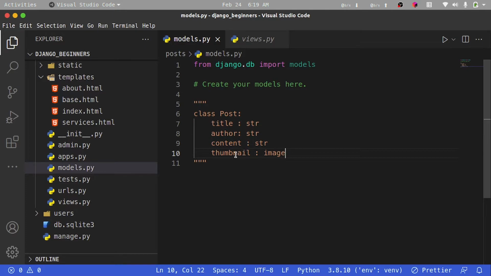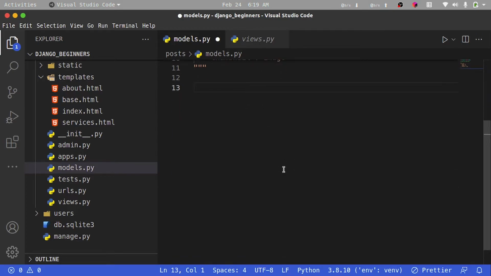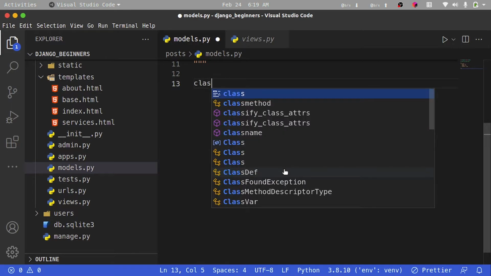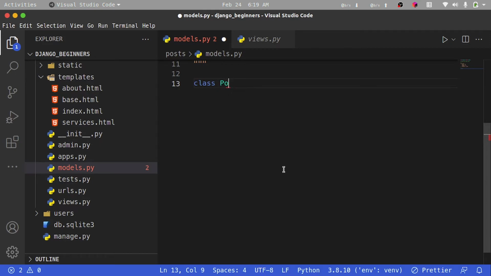We're not going to look into detail about this, but in the next video we are going to be talking about how to upload these images. So let's get started. The first thing I'm going to do is to create our class. Now this class is going to be our database model, and it's going to describe how our post table is going to be in our database. So I'm going to create a class. This class is going to be our post class, and it's going to inherit from